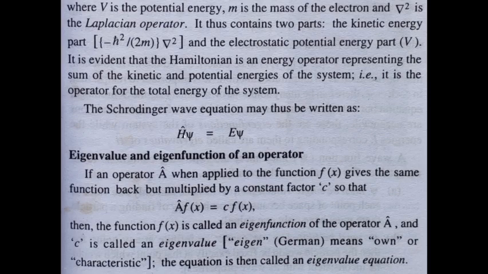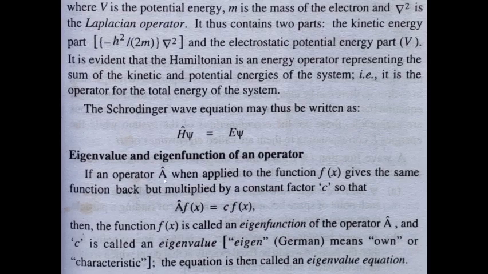So when H is acting on the wave function psi, we are getting E psi. Okay, so this is the reduced form of the Schrodinger equation rather than writing it in the lengthy form. Next is eigenvalue and eigenfunction of an operator. All these steps, we are giving certain restrictions and conditions in order to make the operator useful for quantum mechanical operations.